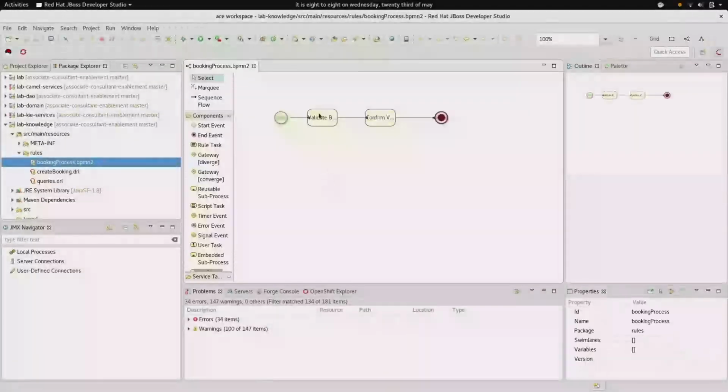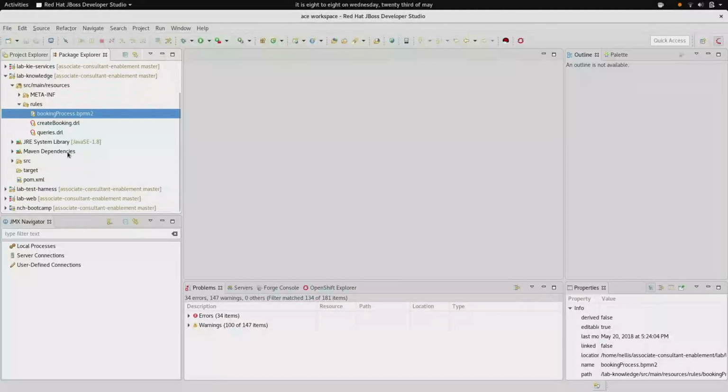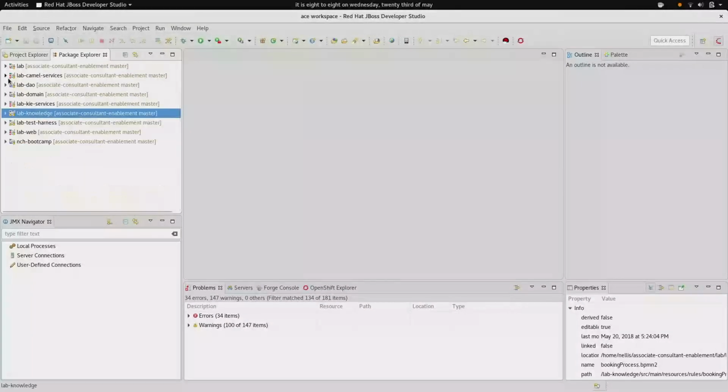So here we also have a booking process, a BPM file, standing for Business Process Manager. This looks simple, like it just has validate booking and confirm validation and then ends. So this is more like a service that we send our requests to that then flow through that structure of making sure that they get validated and or recognized for